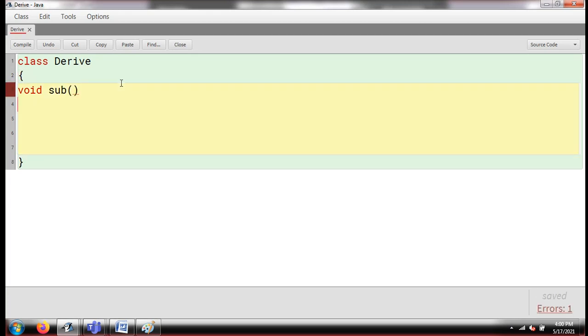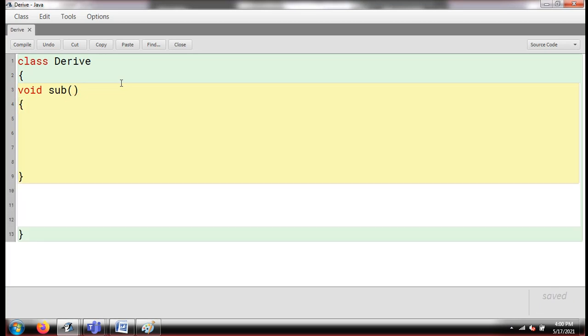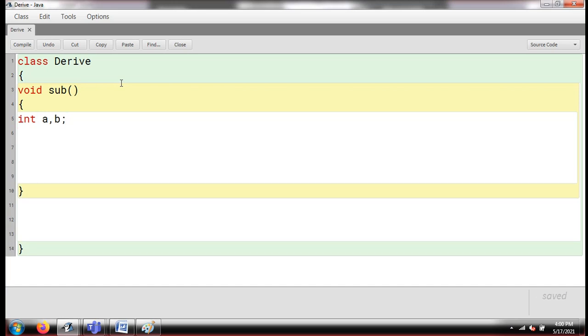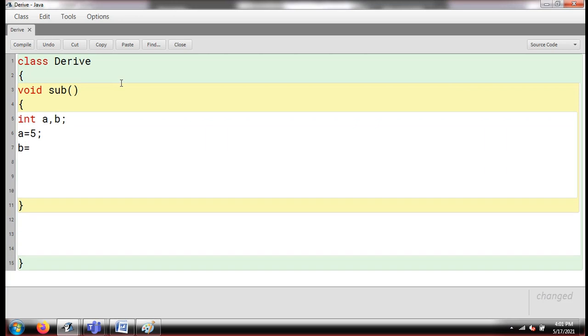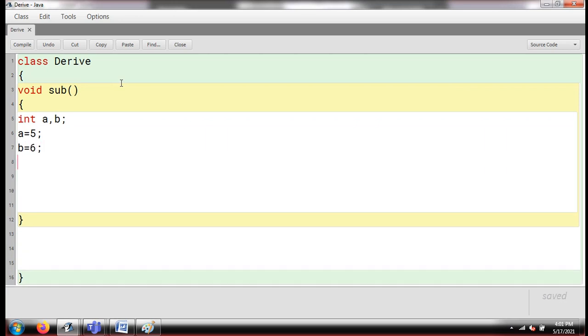In this, I'm just opening the brackets, and inside I'm simply creating some variables a and b. All right, and I'm going to put some value in a, and some value in b, and I'm simply printing with System.out.println, and I'm not using an unnecessary variable here.